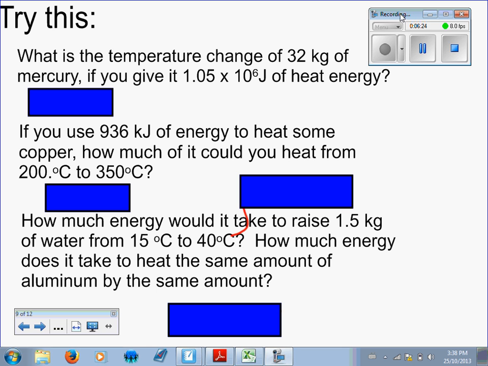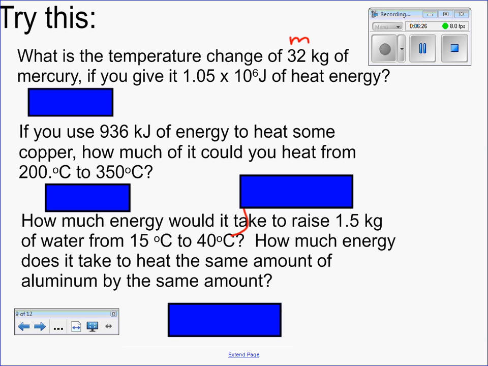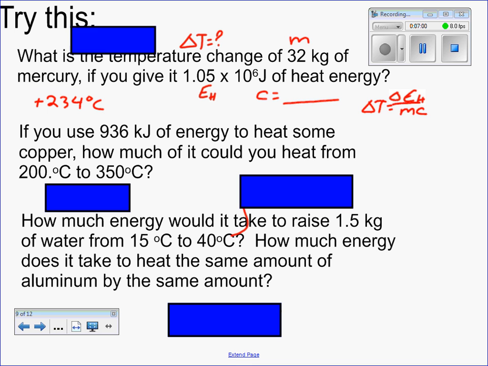Okay, so the first one. This is the mass. We want delta T. And we're given EH. And you will have to find C of mercury. So if you didn't get this far, pause it now and try. And of course, you're solving for delta T, so it's going to be delta T equals delta EH over MC. And that will give you a temperature change of